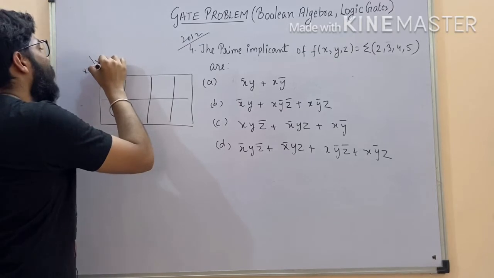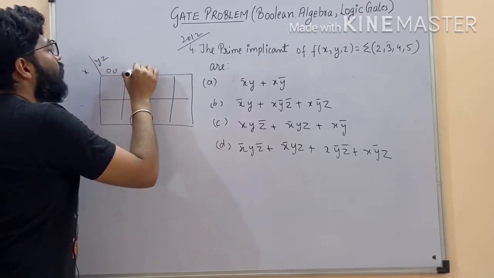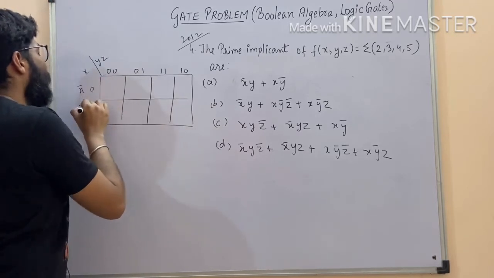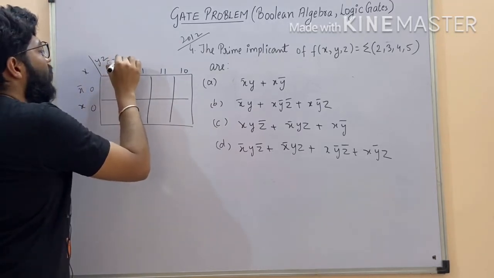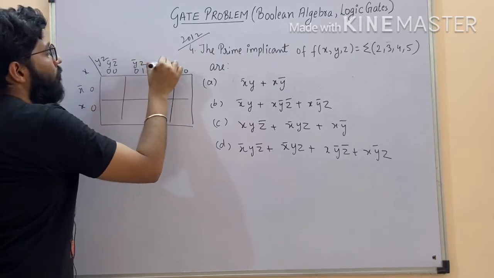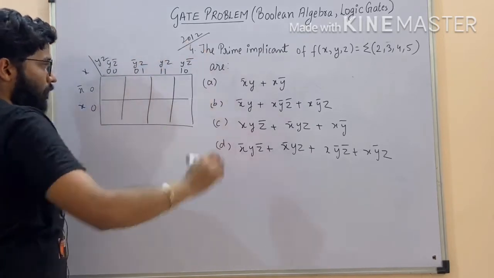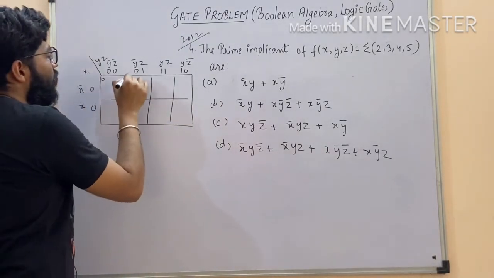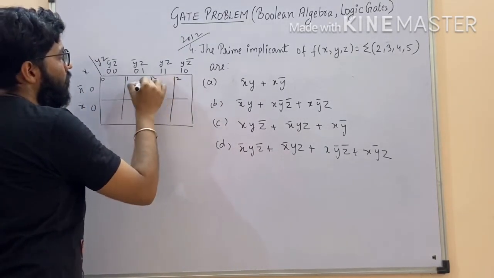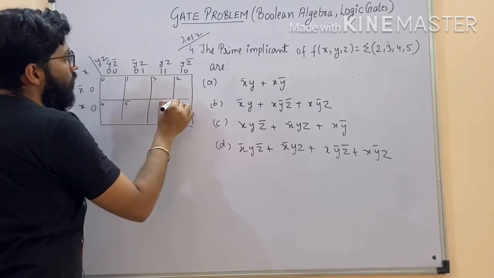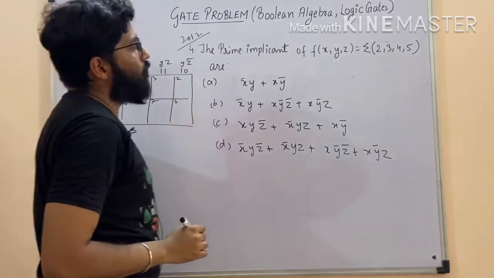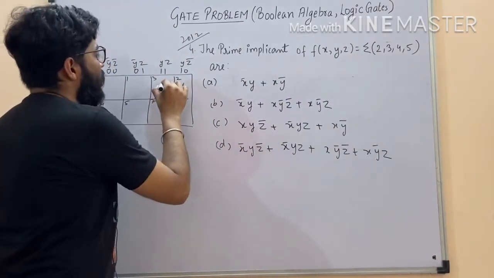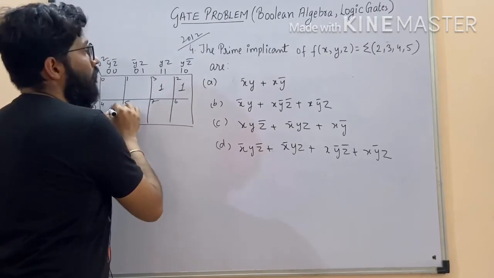You have to write here x and here y and z. This is 0 0, 0 1, 1 1, 1 0, and 0, 1. This is x complement, this is x, this is y complement z complement, y complement z, yz and yz complement. Okay, now you have to write the cell numbers also. This is 0, this is 1, this is 2 and this is 3, this is 4, this is 5, this is 6, this is 7. Now you have to see 2 is there, so you have to occupy 2 by 1, 3, okay, 4 and